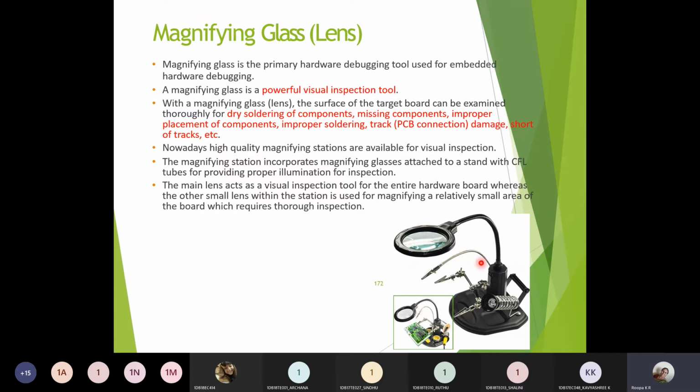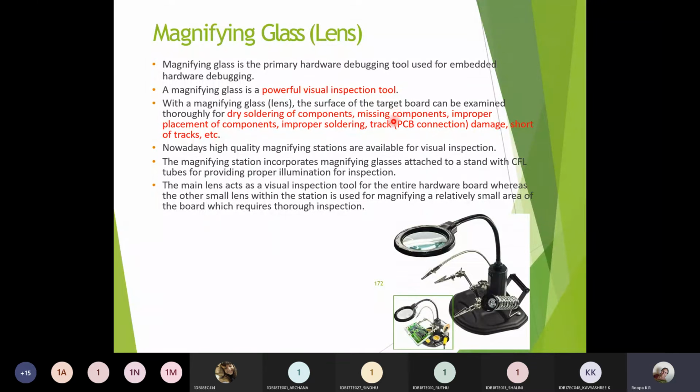See here, this is the pictorial representation where whatever the IC that you are designing, or whatever the PCB board on which the embedded system that you are designing, you can check each and every component in a better way by using this magnifying glass. So you can solve problems such as dry soldering of the components.